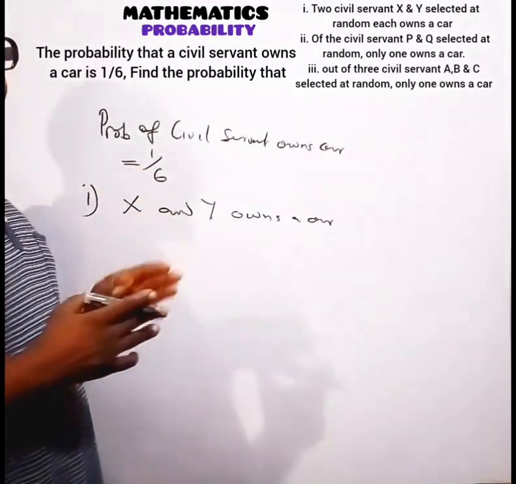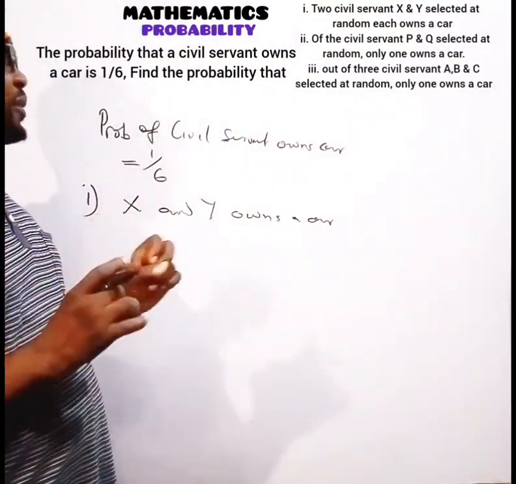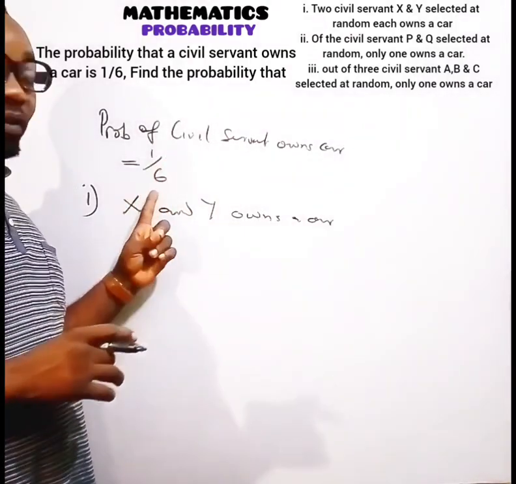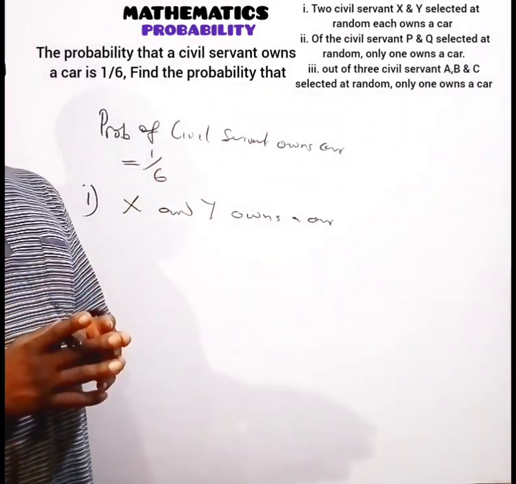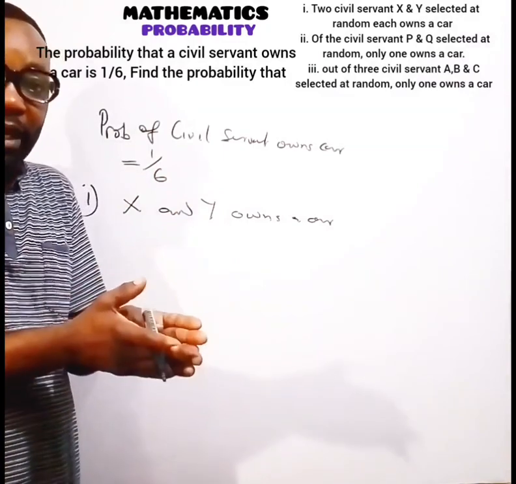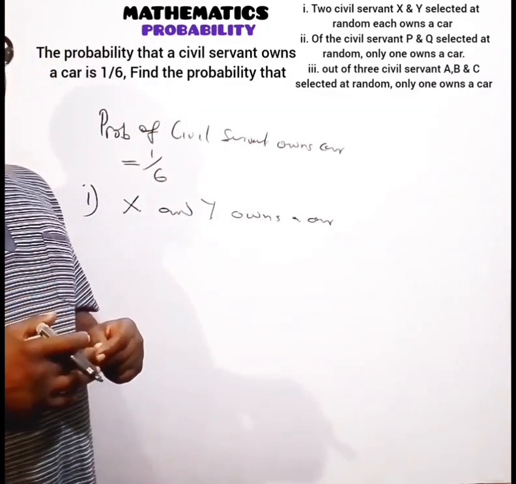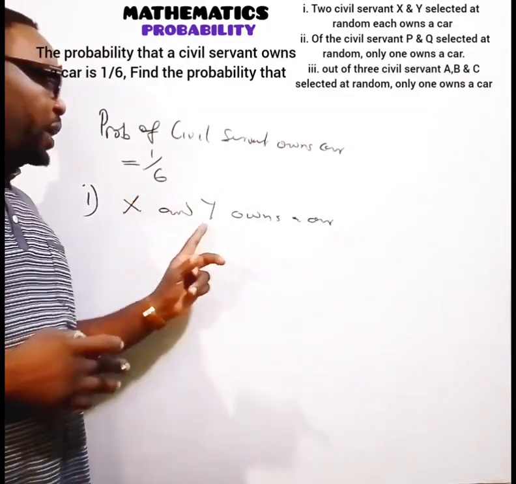And we have been told that the probability that a civil servant owns a car is 1 over 6. That one has been given to us. The probability of a civil servant owning a car is 1 over 6 already. Now, the probability that X and Y own a car